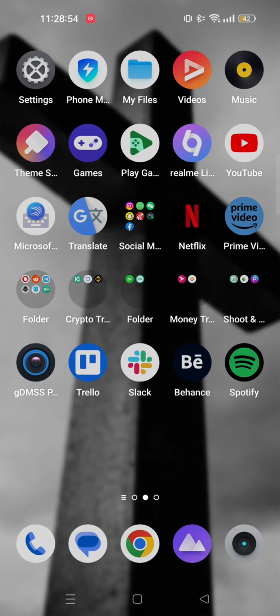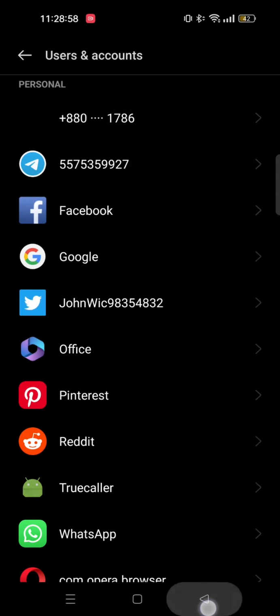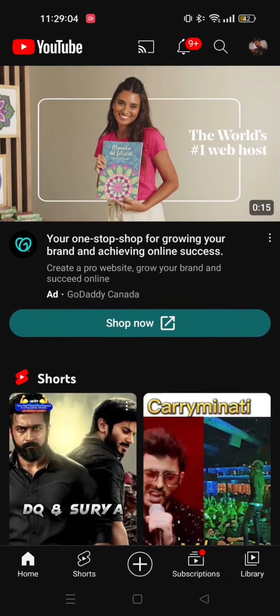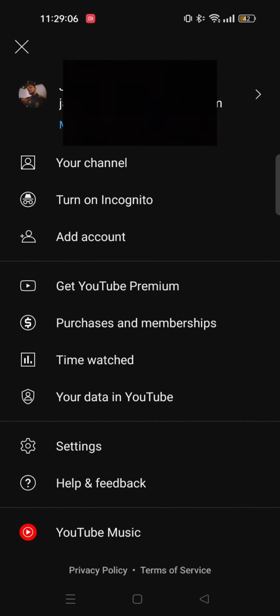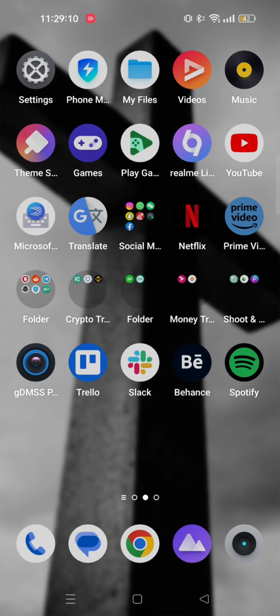Now go back and open your YouTube app. Once you're in YouTube, you will notice that your account has been logged out and your other account has been logged back in. Now, if you want to log out from all the accounts altogether, then go back and open